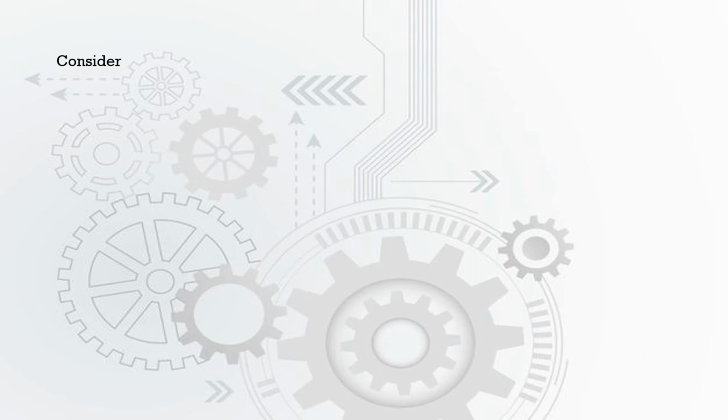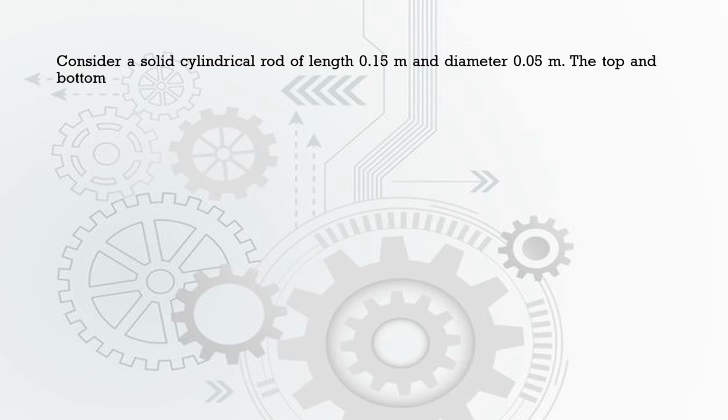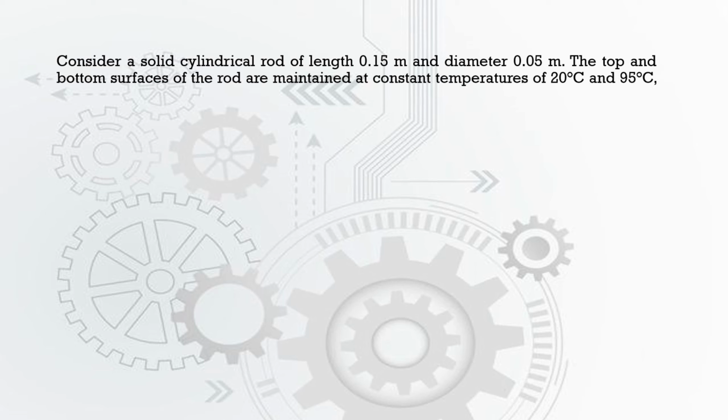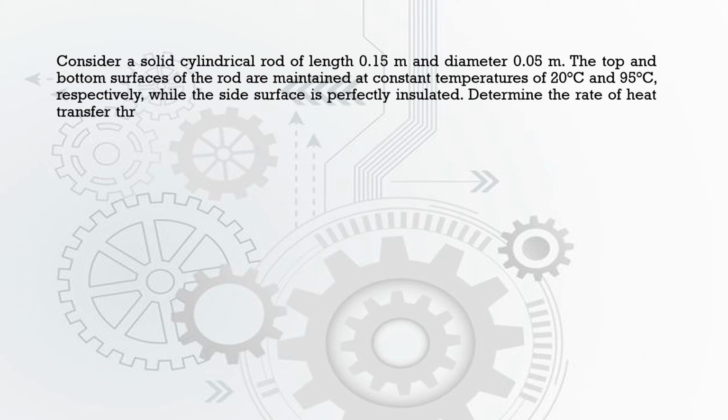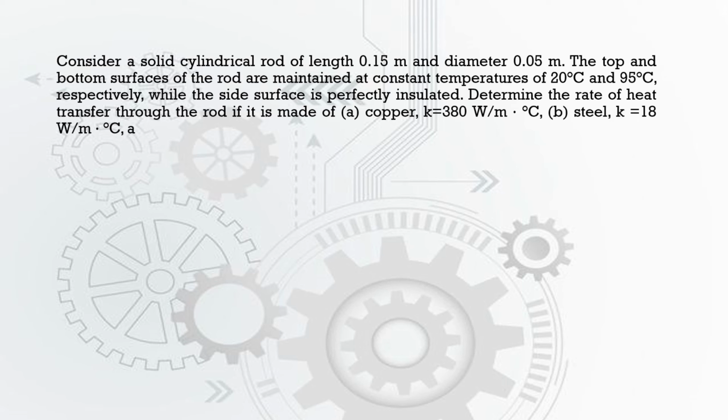The sample problem is: consider a solid cylindrical rod of length 0.15 meter and diameter of 0.05 meters. The top and the bottom surface of the rod are maintained at constant temperatures of 20 degrees Celsius and 95 degrees Celsius respectively, while the side surface is perfectly insulated. Determine the rate of heat transfer through the rod if it is made of copper with a thermal conductivity of 380 watts per meter